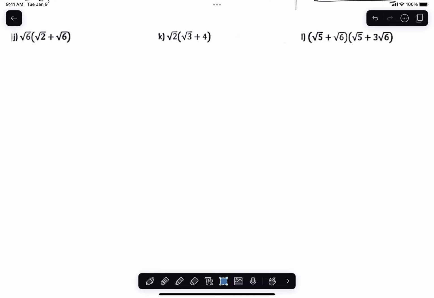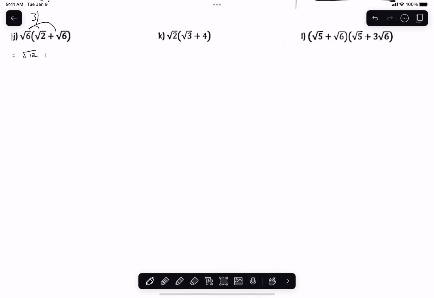Okay, so this is questions J, K, L from that radical review sheet. Okay, so what we can do, much like question I, is just distribute the root 6 into the brackets for this part, right? So what I'm going to see here is root 6 times root 2 is going to be the square root